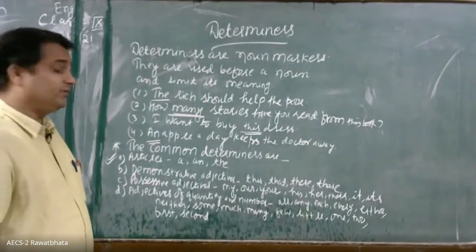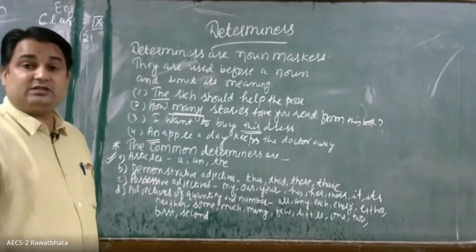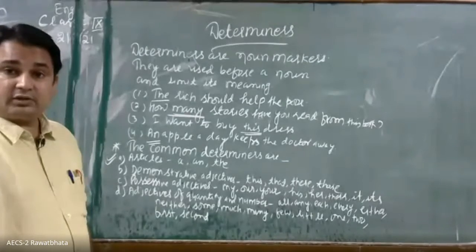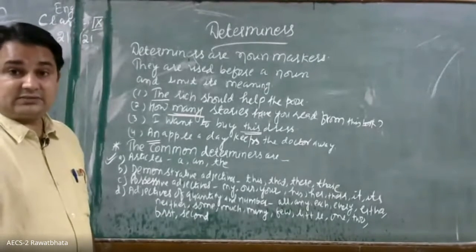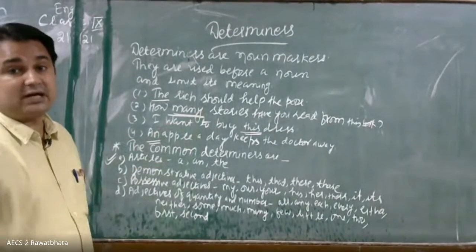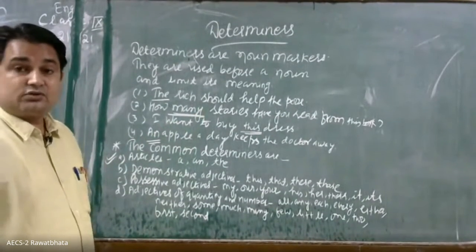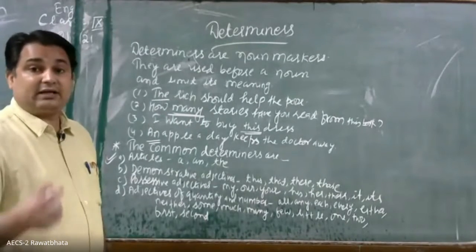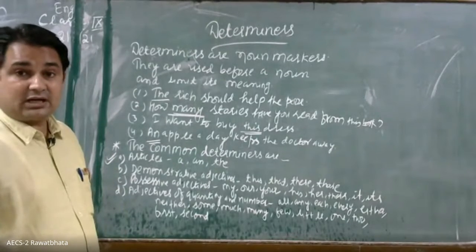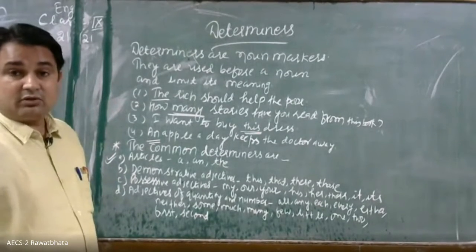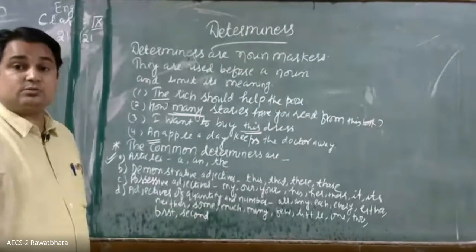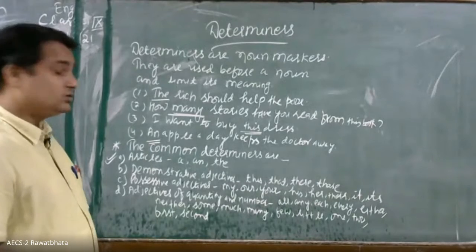Then demonstrative adjectives, which we use for demonstration, are also determiners. As we say, this is my house. With that, we are indicating a house. Which house? This house. So this is limiting the meaning of the house. This is specifying the house.